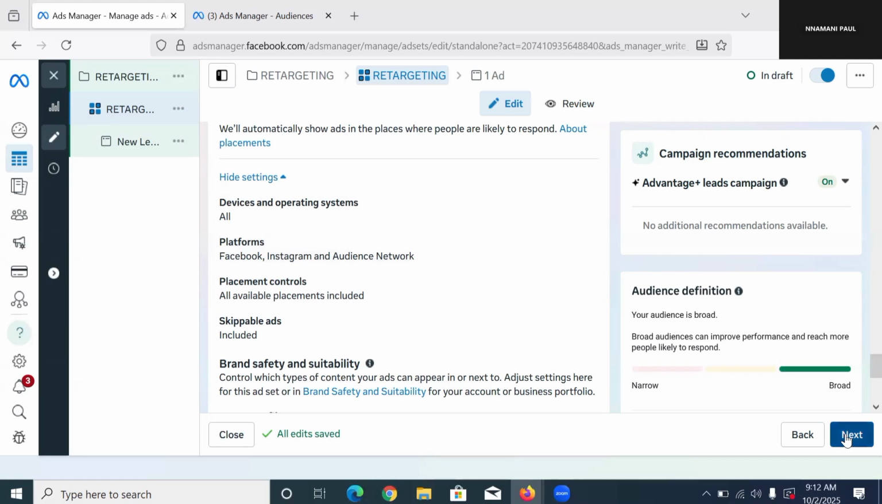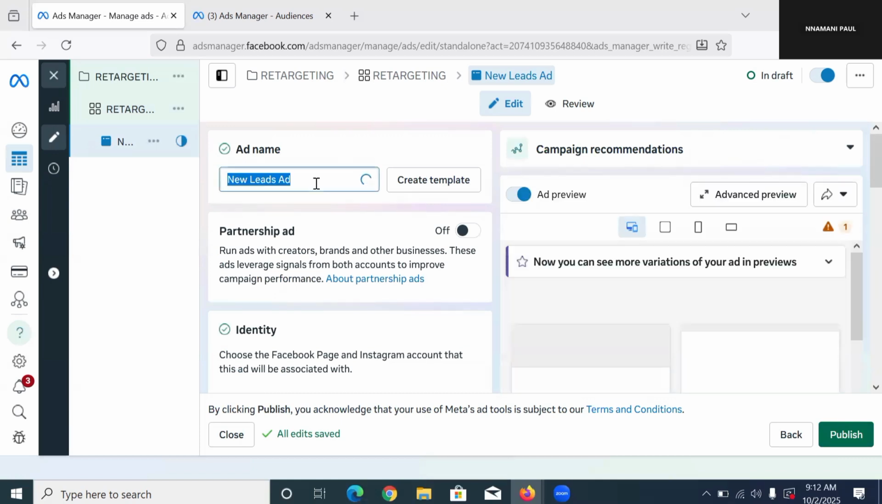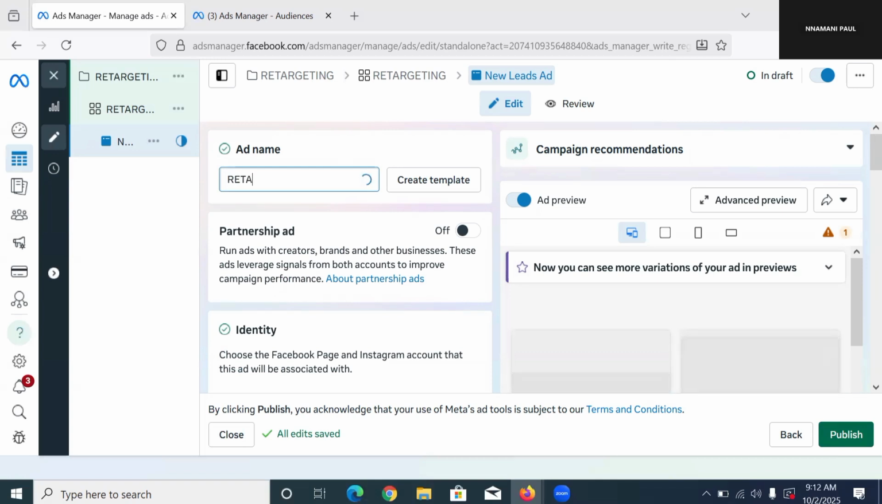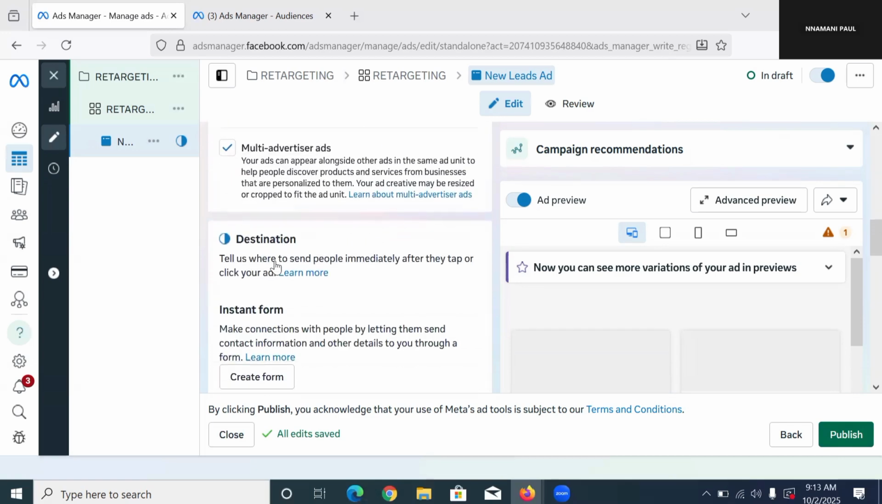The next one here is that I click on next. Now, of course, I'm going to name this a retargeting ad so that I can remember it. Okay, the next thing here is I have chosen the page, so I'm not going to choose it again. Now I'm going to choose,